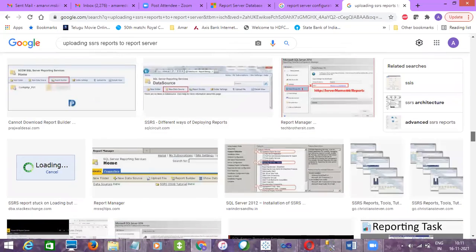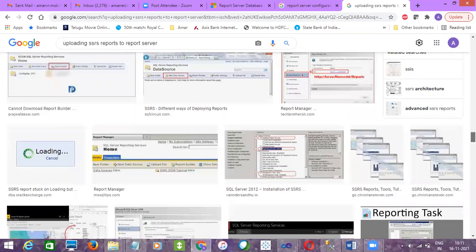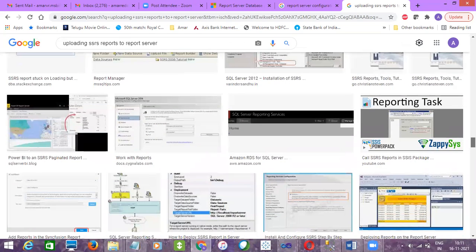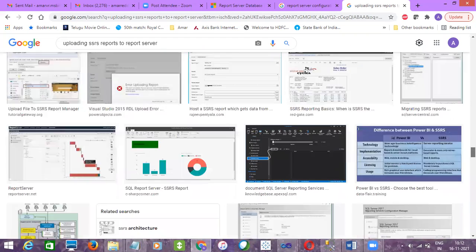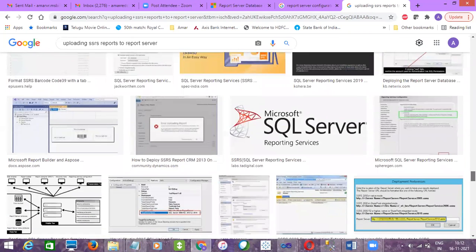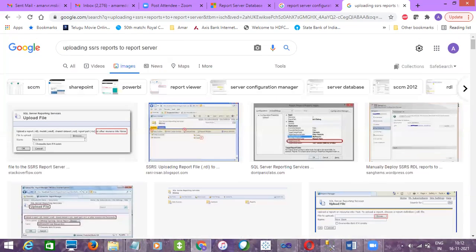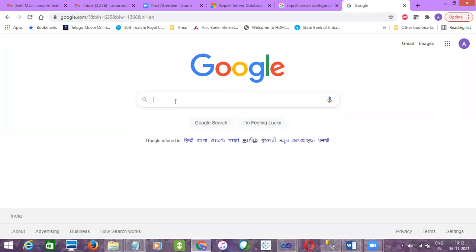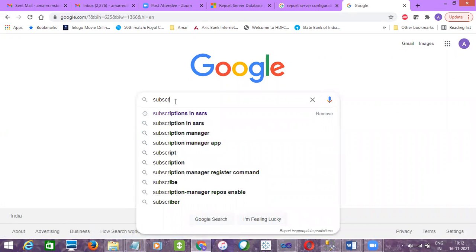Yeah, this is the deployment of SSRS RDLs. It will be just to the report server URL, which is a web URL. It will be easy. Just go to that link and then upload a file. That's it. And then once you upload the RDL, you basically need to configure a few things, which is subscriptions.